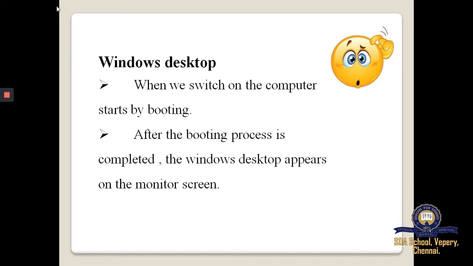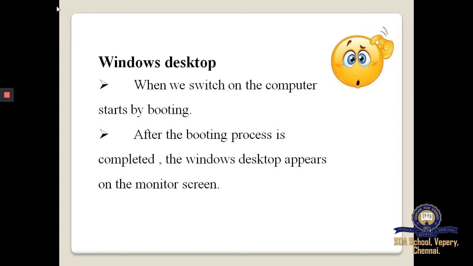After the booting process is completed, the Windows desktop appears on the monitor screen.